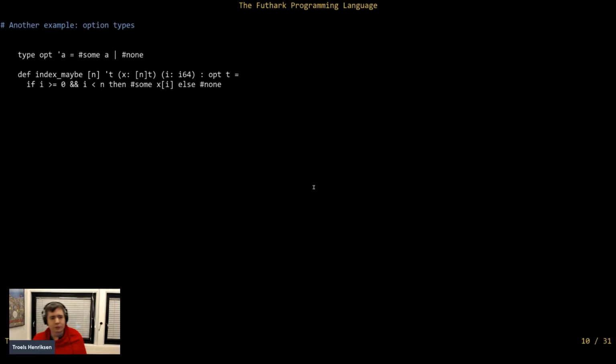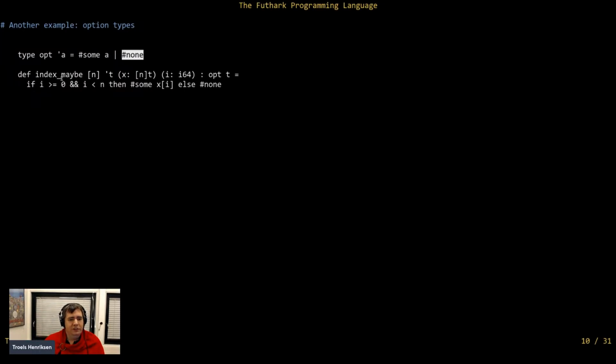Finally, this has nothing really to do with GPU programming or parallelism. Futhark also supports standard functional programming things, so you can define an option type that is polymorphic in some element type A, and say, well, an option is either some A or it is nothing. This is just an option type or maybe type or whatever it's called in other languages.